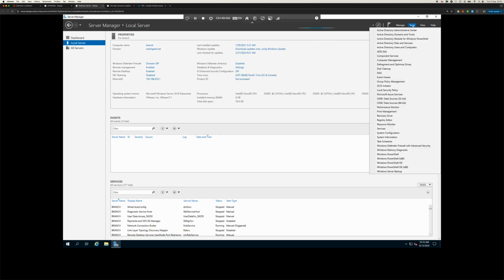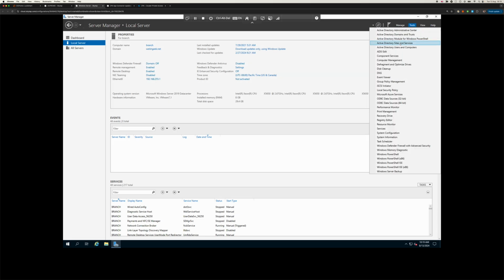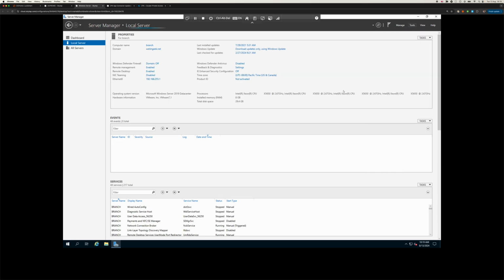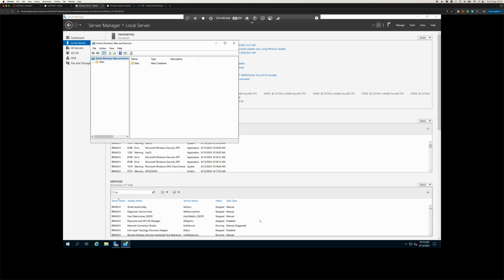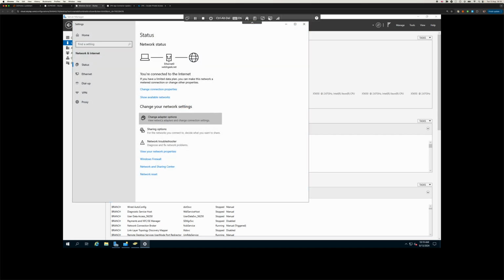Let's go to Tools, Users and Computers, Tools, Sites and Services. Only thing that I think we might need to do